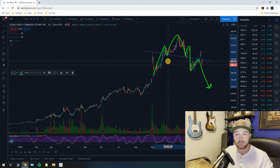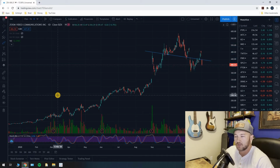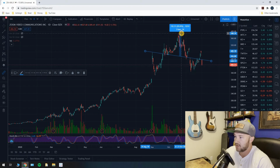And we can actually set a price target based on historical data of where this chart pattern will send the price action more often than not. Okay, so I'm going to get rid of my brush on here, and we are going to chart out a price target. To get that price target, we just measure from the neckline up to the top of the head. Neckline, top of the head. We get about